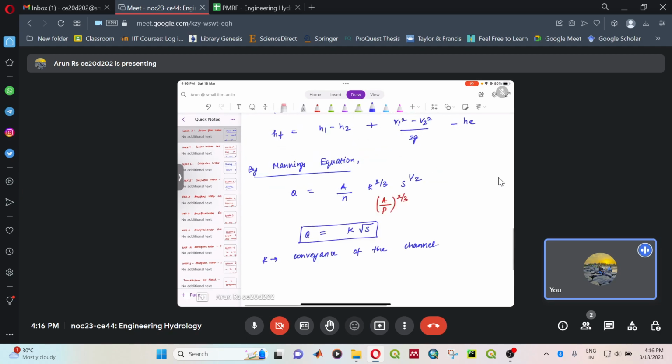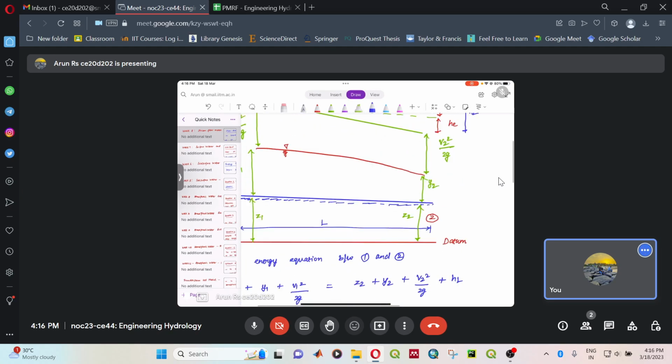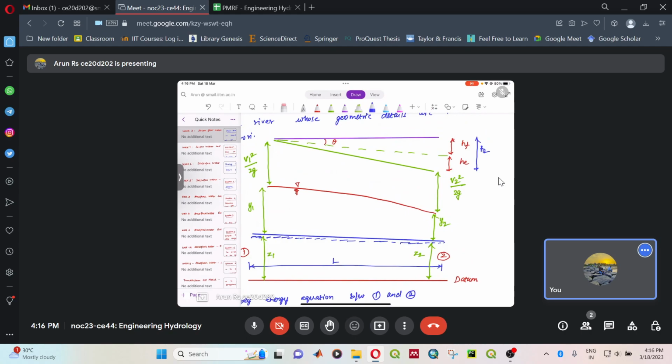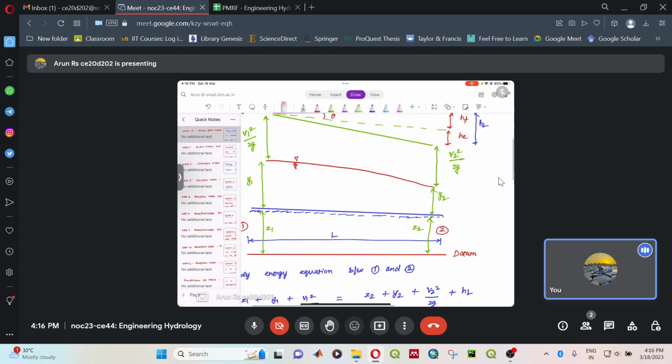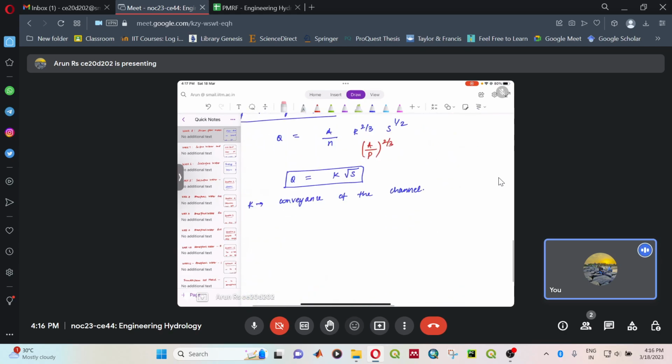And if you see from the diagram, we can represent the head loss due to friction with respect to the slope. So if L is the distance between the two sections, then by using tan theta, we can write the slope as